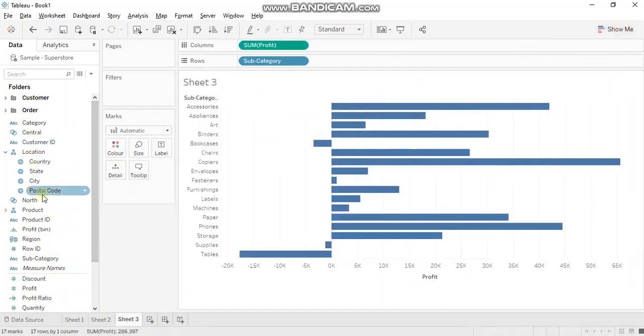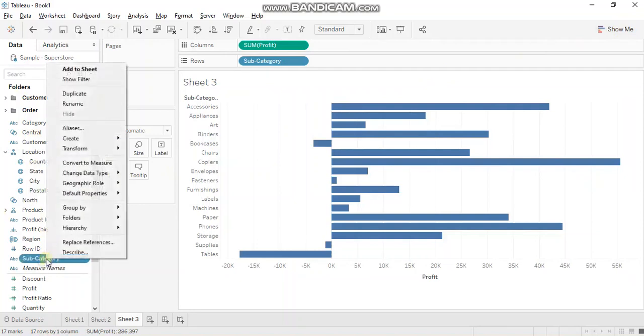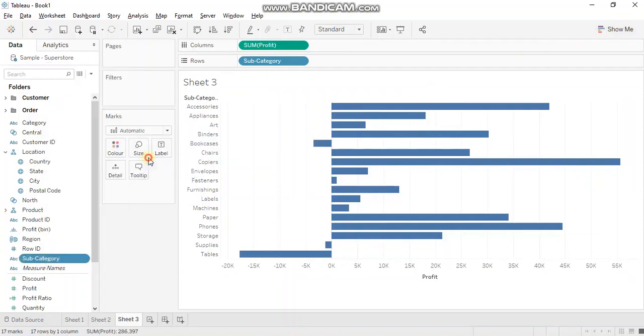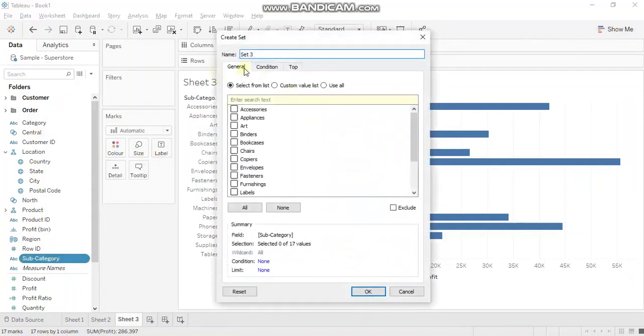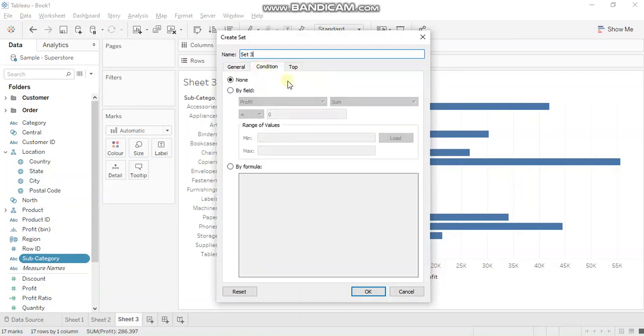Now let's create a set on subcategory. Create Set. The General tab allows you to do the manual selection of the subcategory values. If you go to the Condition tab, it allows you to create a condition or induce a formula using a measure.